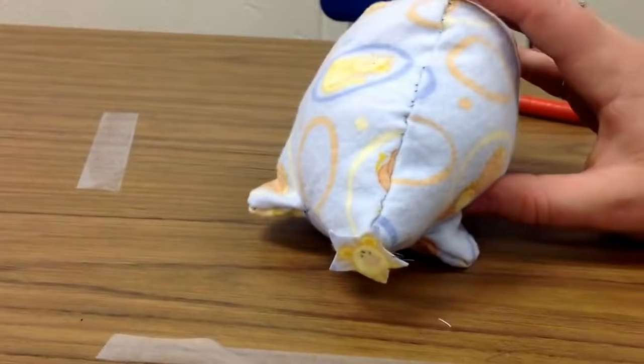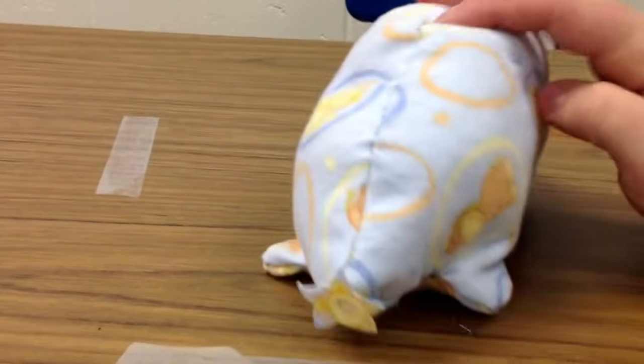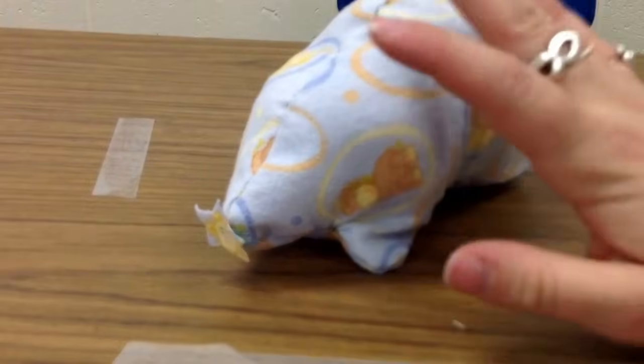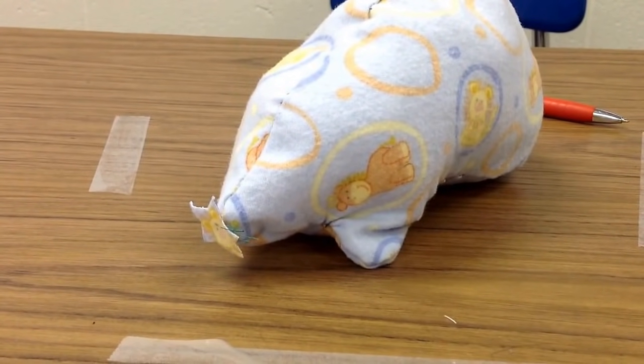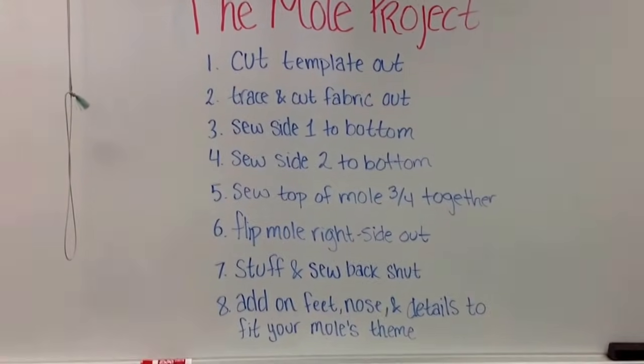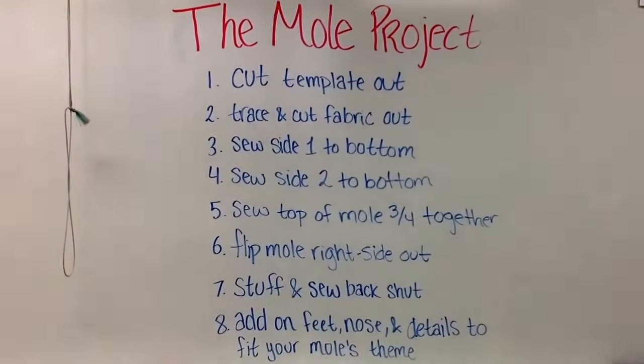But here I just put my nose on my mole. Same idea, just sew it on, okay? Do a couple stitches in it. I did one. Alright, and that's our mole. So you can decorate it and do what you need to do, but voila, you have made a mole and you will get some extra credit in class. So just to reiterate here, the mole